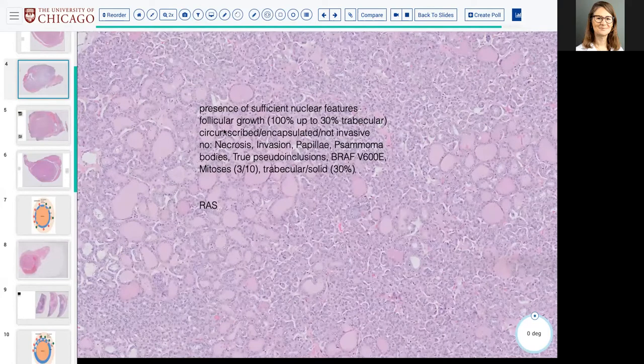But even on borderline cases, to me, the presence of a RAS mutation, regardless of if you have, I don't know, 40% solid growth or trabecular growth or 4 mitoses, if you have a RAS mutation, to me, this is not a conventional PTC. And so again, the only molecular that's included in the true literature is the exclusion of BRAF V600E, but there really is no comment on inclusionary criteria for NIFT-P genetically. There is a group out there, myself included, that does believe that the presence of a RAS or a RAS-like mutation